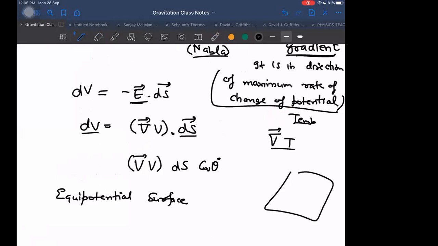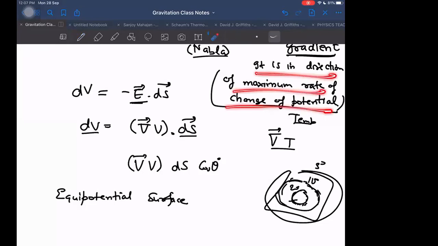Let us say in a space we have some temperature distribution. Here temperature is 10 degrees centigrade, here it is 20 degrees centigrade, here it is something like 5 degrees centigrade. In space, some temperature distribution is given to us. And the locus of these lines, these points, are all at the same temperature. So what does del T represent now? Now there is no such field like electric field or gravitational field, nothing is there. Then also we can say del T represents something. It represents the direction of maximum rate of change of temperature.